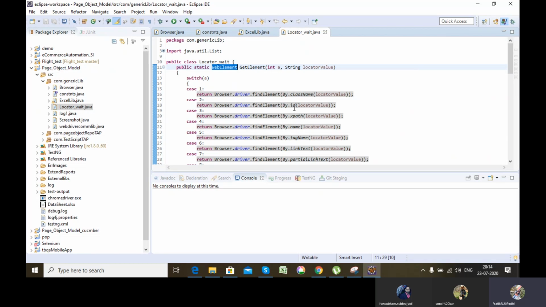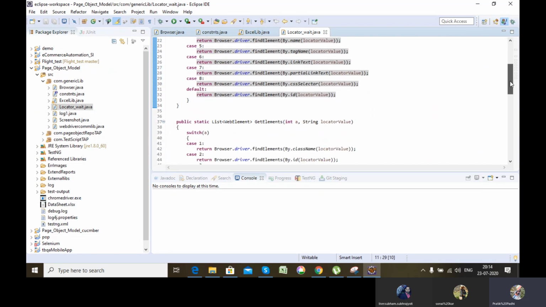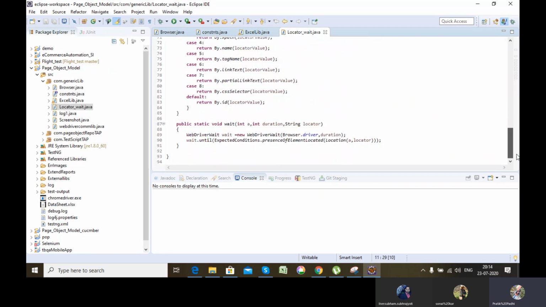If I want By.id, then I'll pass 2 and the id attribute value. Here 1 is the className attribute value, 3 the XPath value, 4 the name attribute value, and 5 the tag name value that I will be passing. Okay. These are the particular functions we have used in this class, so this will not be used much.